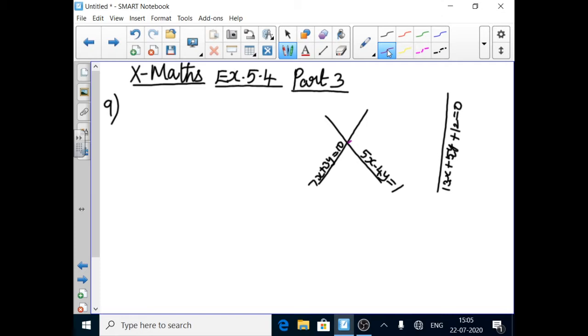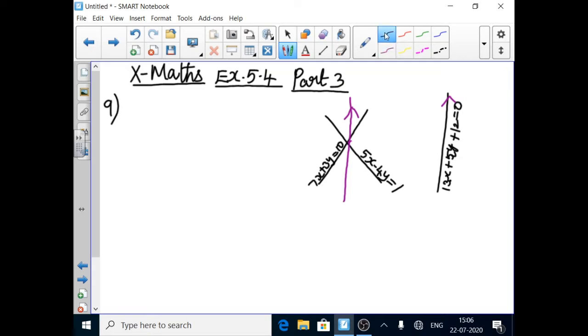The line passes through the point and is parallel to this line, so we have to draw it like this. So first you have to find the point of intersection, and then for the line parallel to the given line, you take its form and substitute the point of intersection. So we go to the sum.